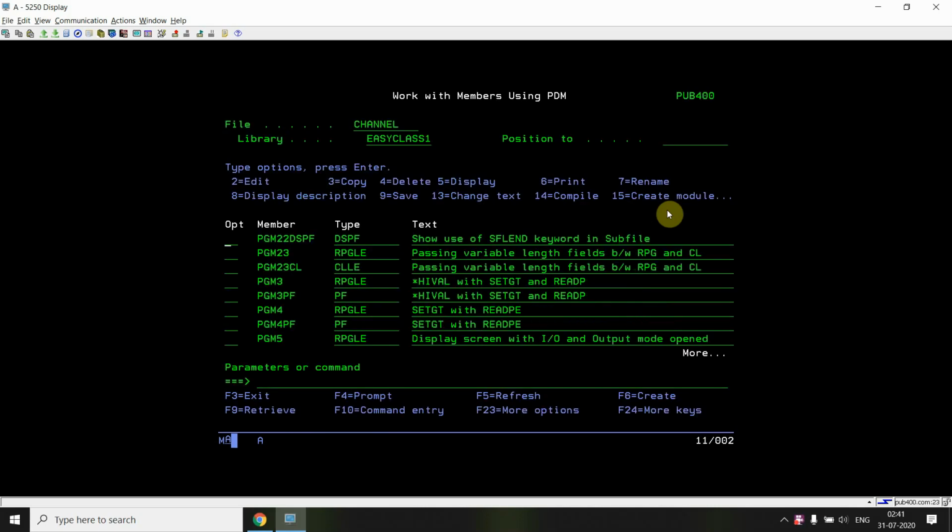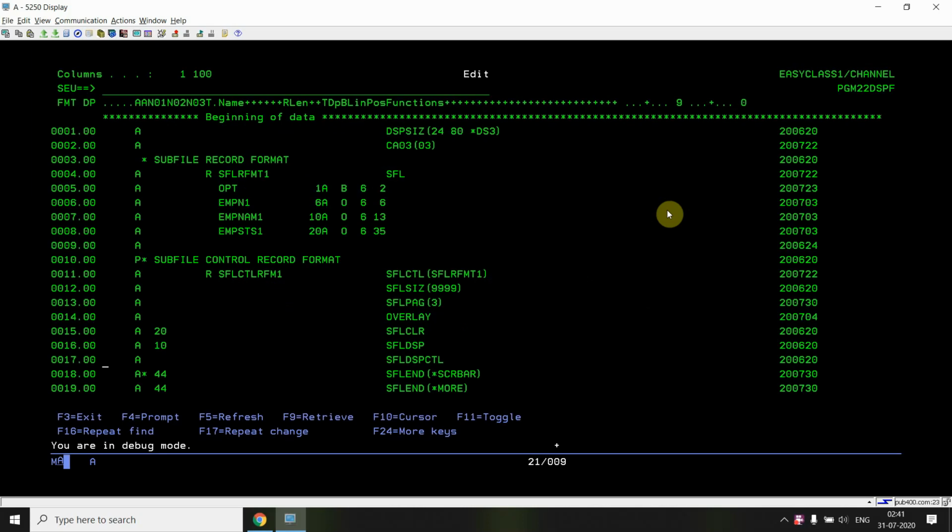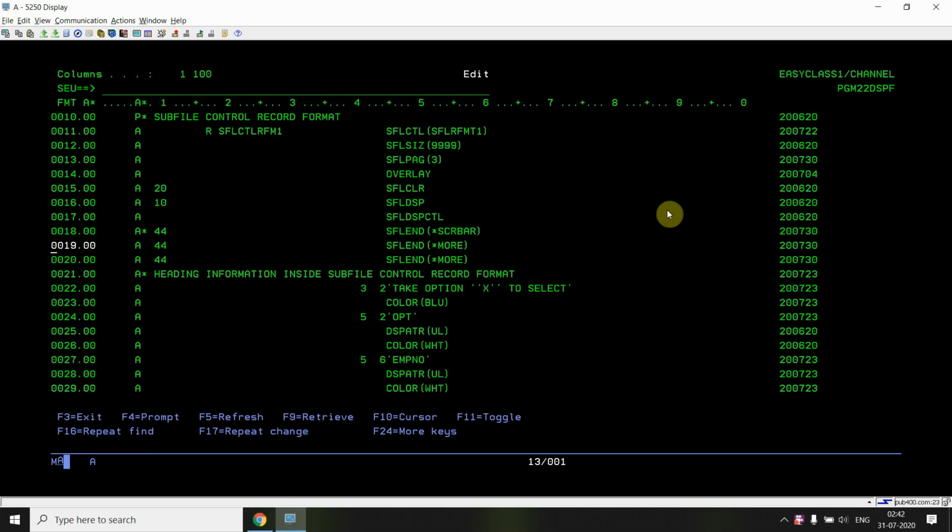Just take F3 and come out of this program. Now what I can do is just copy this and comment on this. Now what I can use is *PLUS also.